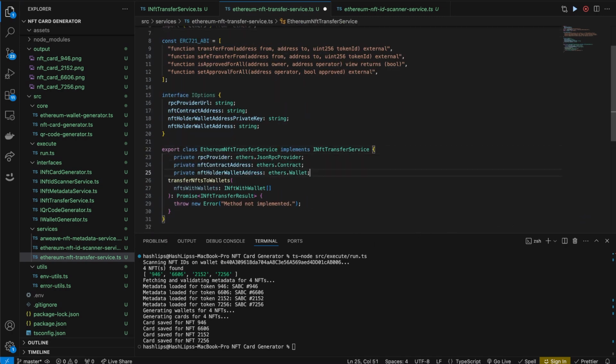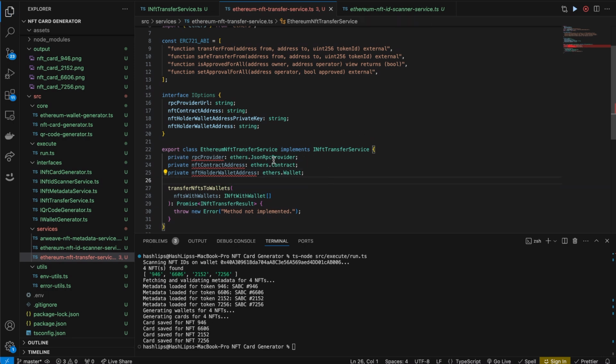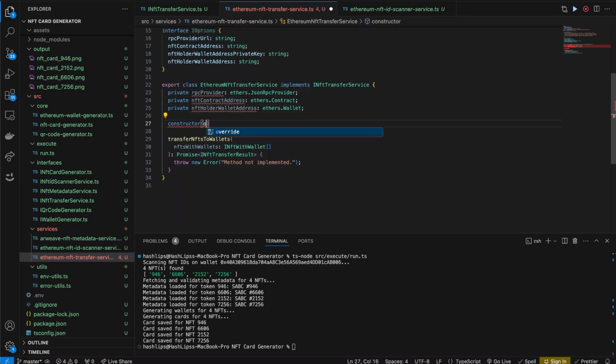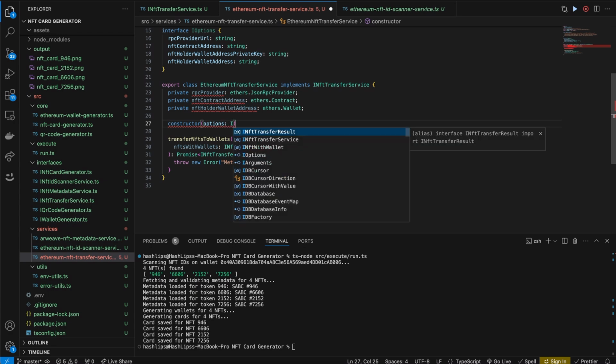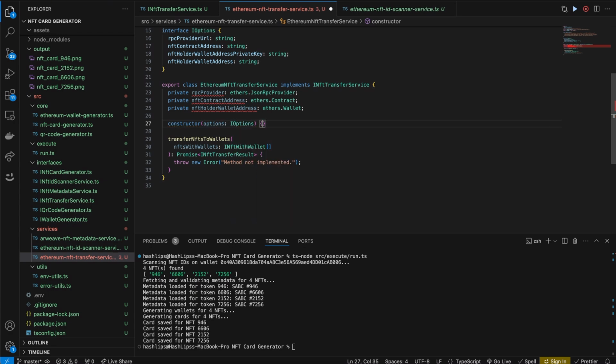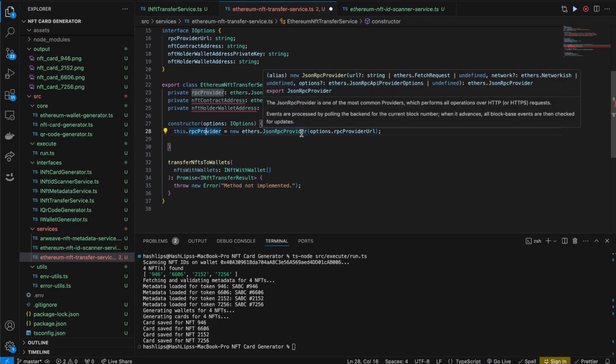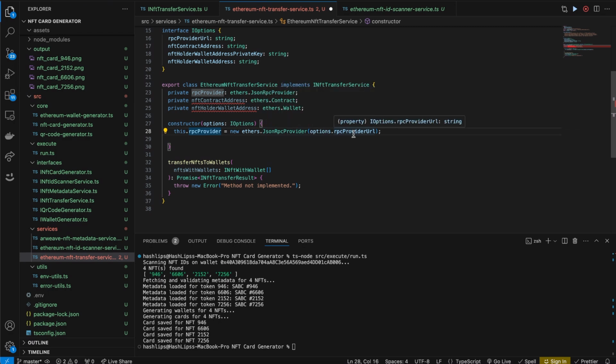Inside of the class, we can go ahead and at the very top, create 3 private variables. These are the variables that we are now going to assign some values to in our constructor, and basically what we're going to get from our options that we pass in. So we can go ahead and define our constructor. We'll pass it in the options, which will be type of I options that we've defined here at the top. The very first line in the constructor is we can go ahead and assign this private variable. This .rpc provider will be a new ethers JSON RPC provider, and we provide our URL, which we have in